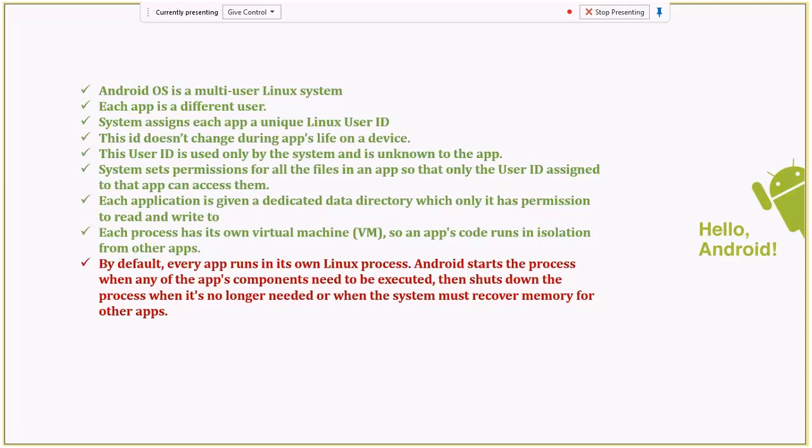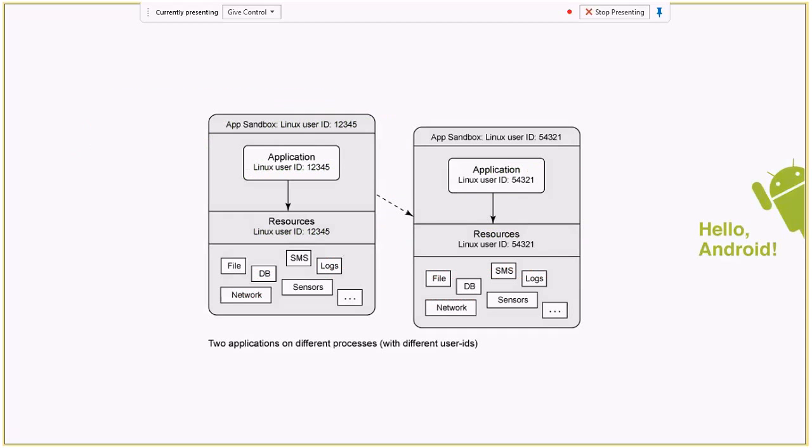Now you'll surely say that this looks slow, because every time you request some functionality from an app, it will have to bring up a process, and a process takes time to create, right? You'll have to bring up the DVM, your component, and the whole process and things. We'll talk about how Linux took care of it, but just to give you a pictorial view of how it is done.